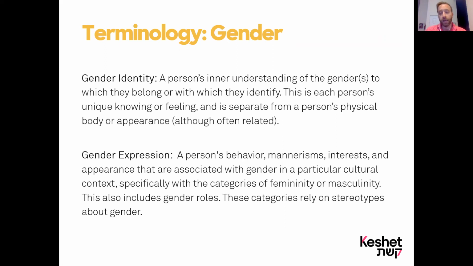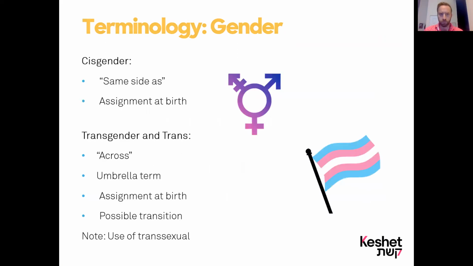It could be a person's behavior, mannerisms, interests, and appearance that are associated with gender in a particular cultural context, specifically within the categories of femininity or masculinity, as society has largely created. This also includes gender roles. These categories rely on stereotypes about gender. So there are two terms about gender identity I want to really focus on right now, which are cisgender and